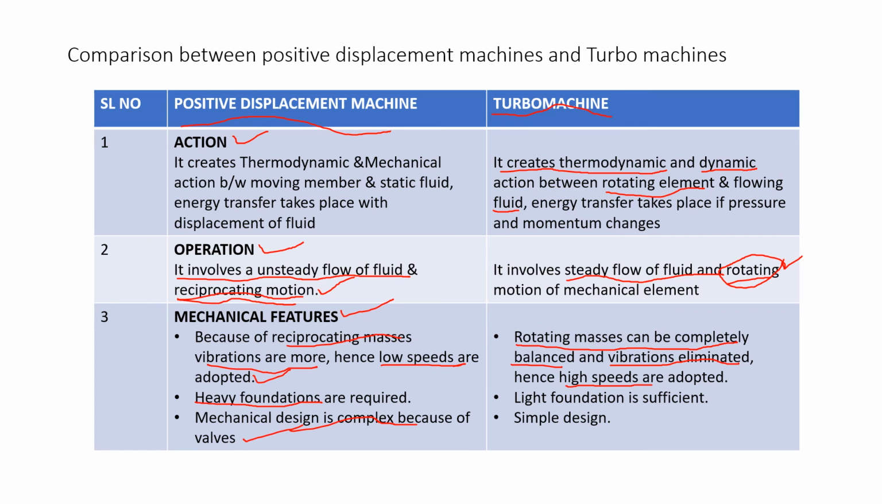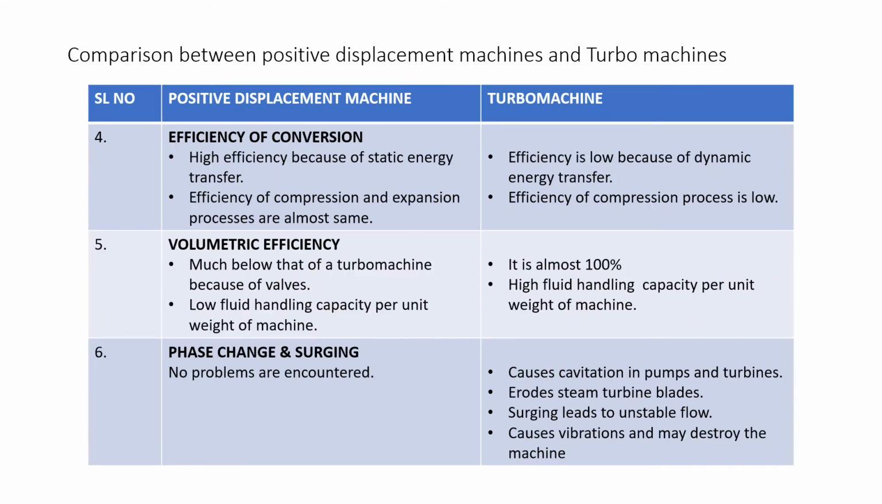Next, we can have a light foundation. As the vibrations are less, the foundation can be light as compared to positive displacement machine, and we can have a simple design. Next, the fourth difference is based on efficiency of conversion. Under positive displacement machine it has high efficiency because of static energy transfer, and